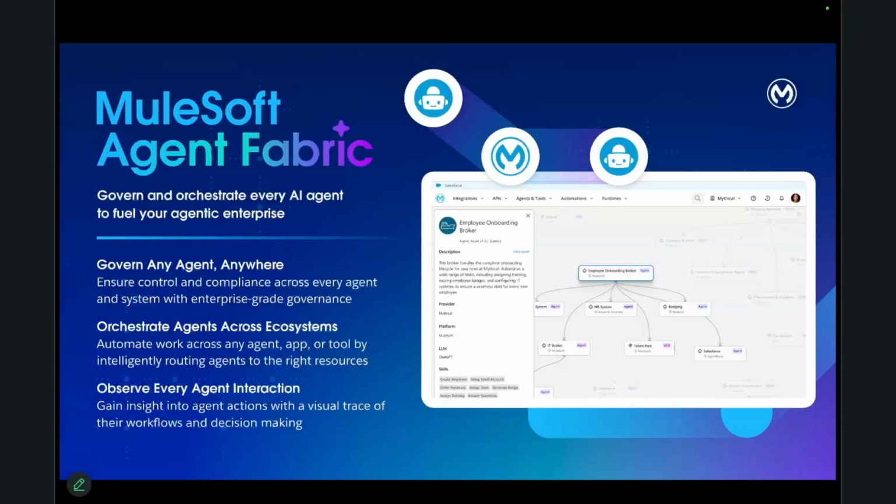One of the things that's really important to understand about Agent Fabric is that it is not focused on technologies just from Salesforce. The ability to govern any agent anywhere is literally the pattern that we have continued to develop and deploy. So your ability to orchestrate agents across all of these different ecosystems, as I mentioned, all your different application vendors are going to be bringing LLMs, agents into your environment, and the question of how to manage them becomes paramount. And in addition to being able to orchestrate actions across those, you also need to be able to see how those agents are interacting.